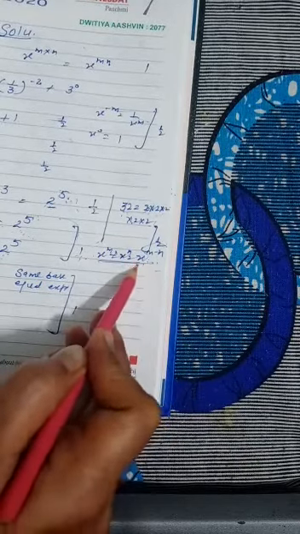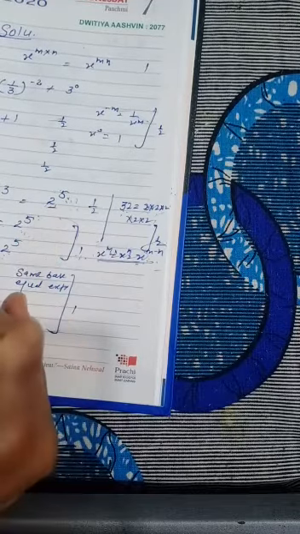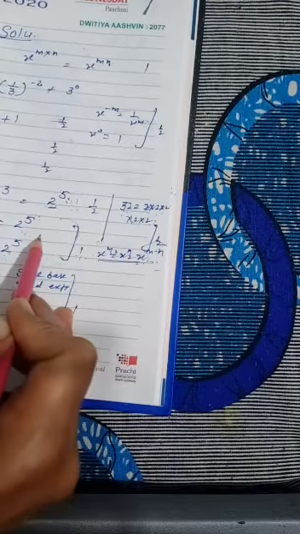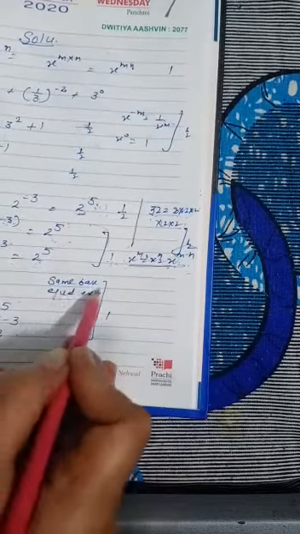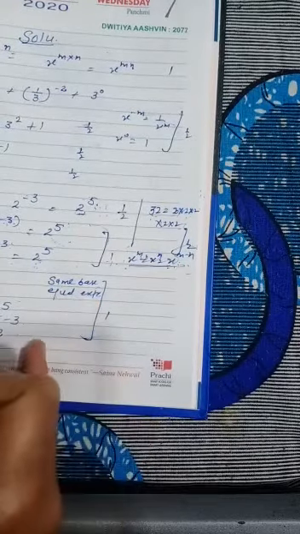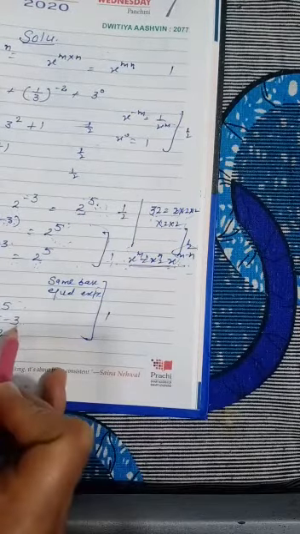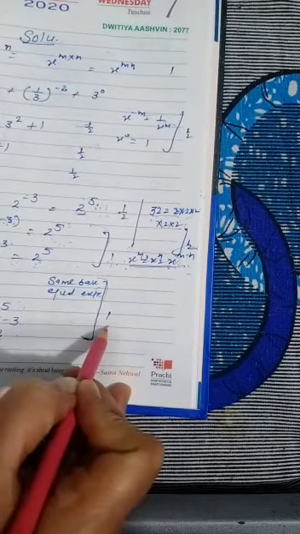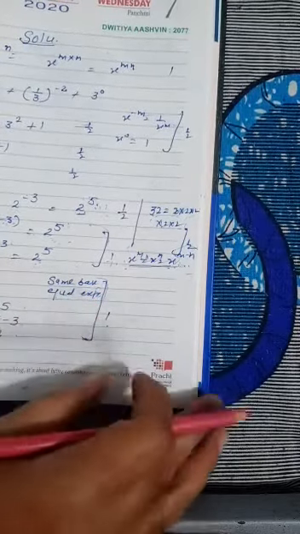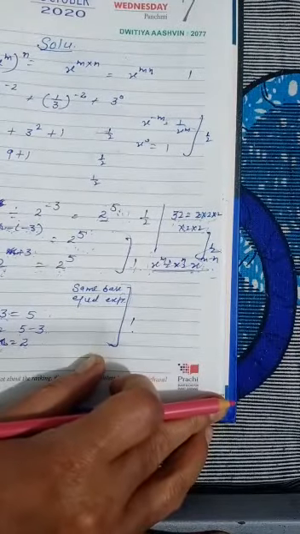Half marks law, half marks 2 to the power 5, and half marks 2 to the power x plus 3 is equal to 2 to the power 5. Okay, up to here 2 marks. Now same base equal exponent, so we equate x plus 3 is equal to 5, x is equal to 5 minus 3, x is equal to 2. Up to this we are having 1 mark. Okay, if any step is missing, you can deduct the marks accordingly. Give the marks with honesty only.